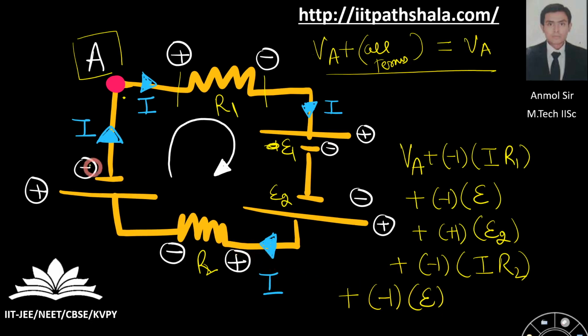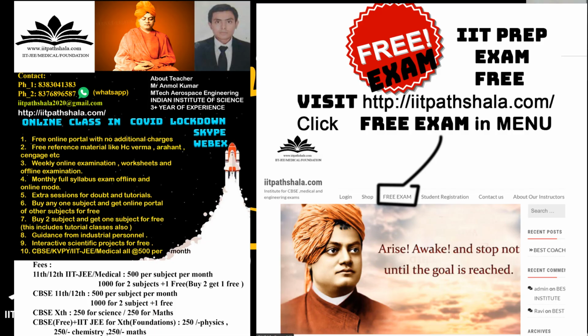Okay. Now you are landing up at A itself. So VA. So you saw the pattern over here. Okay. Now cut VA by VA. Okay. Simplify the following equation and get what you want. Okay. For example, the value of I or anything according to the question. So this is how I am applying my KVL.